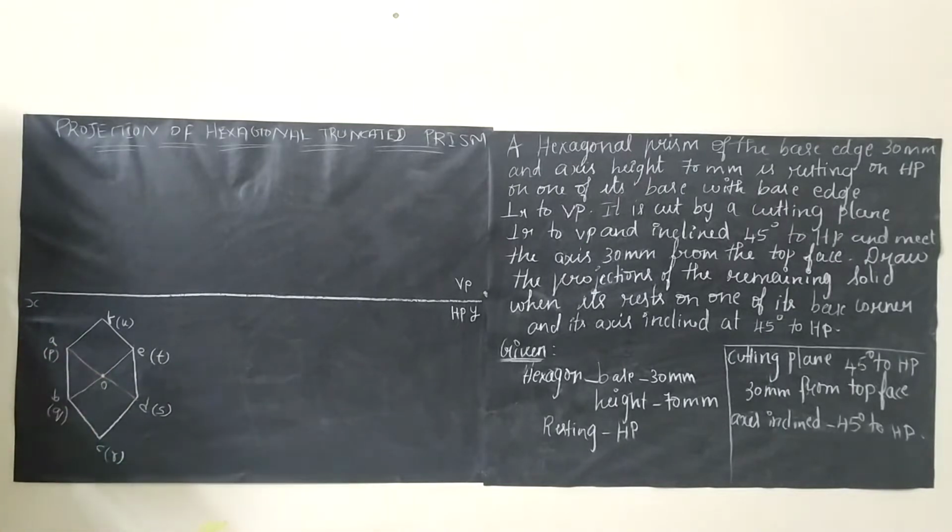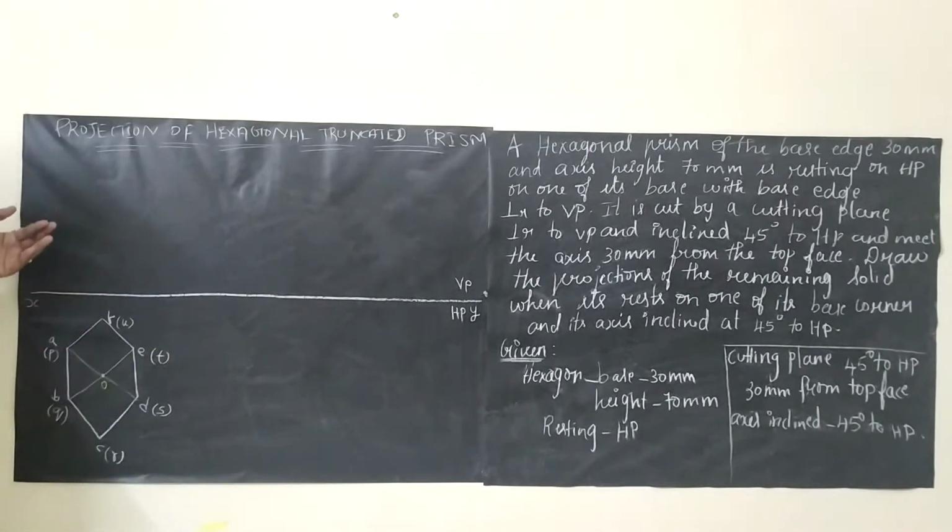Next thing is, we need to identify the center. So we can join both the corners, this corner, so that we can easily get the point O. But the thing is, since we are having edges, we won't be giving preference for drawing the axis because the edges will be overlapped with the axis. So we will be giving preference for edges.